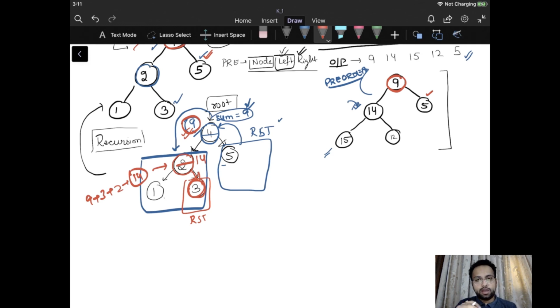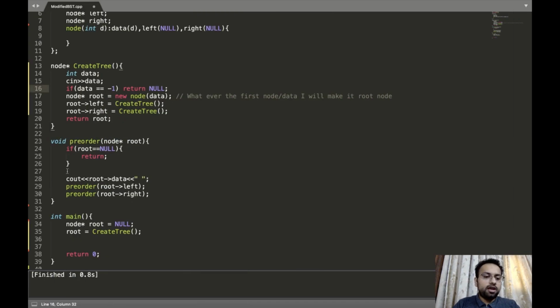We are going to evaluate the sum for the right subtree. I'll add it to the root node. Then I'll ask the recursion to update the left subtree and add this particular sum to all the nodes. Along with it, calculate the sum of the right subtree and also add that particular thing. So let us see how we can do it.